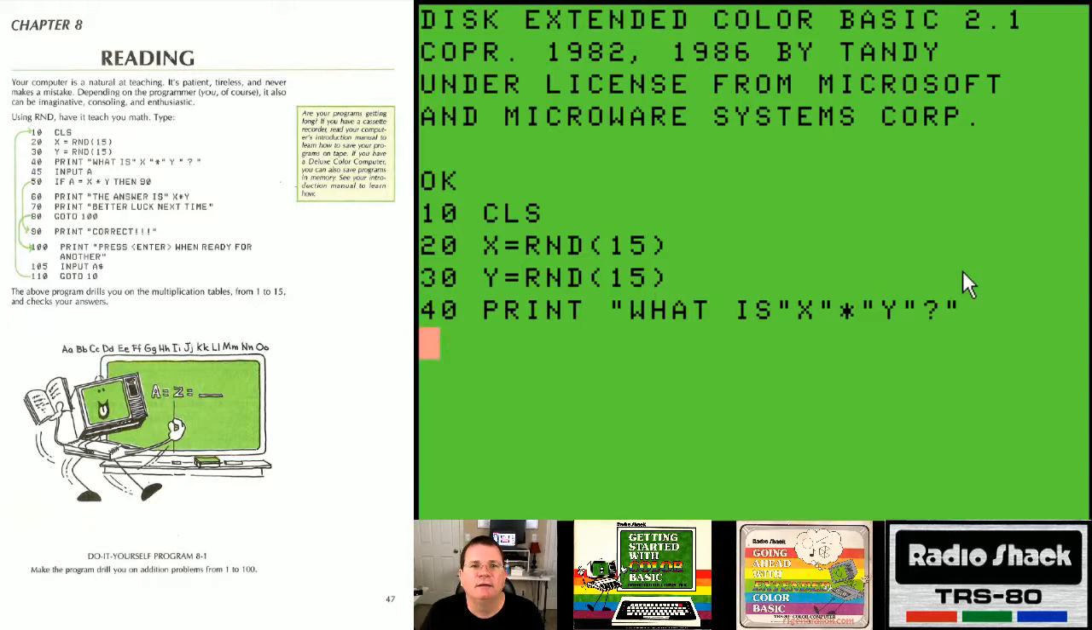Line 45 says input A for your answer. So it's basically saying what is this? It's allowing you to input your answer. And then line 50 is now doing if then, which we learned in the last chapter, to compare your answer